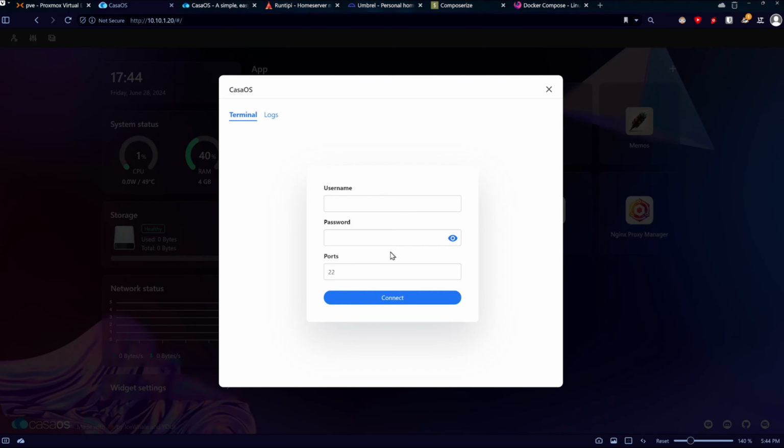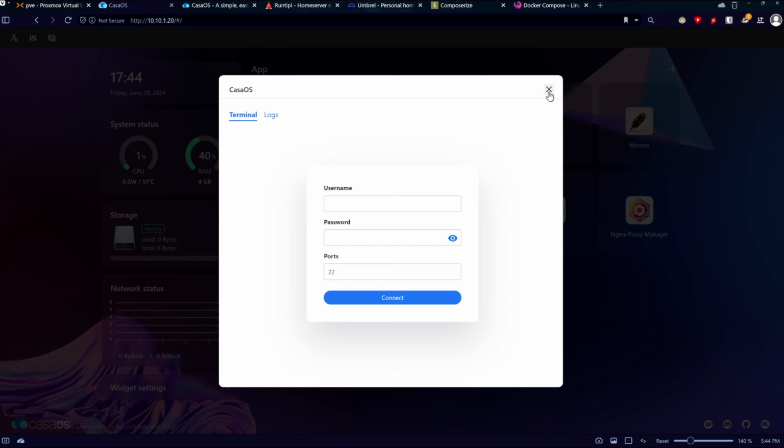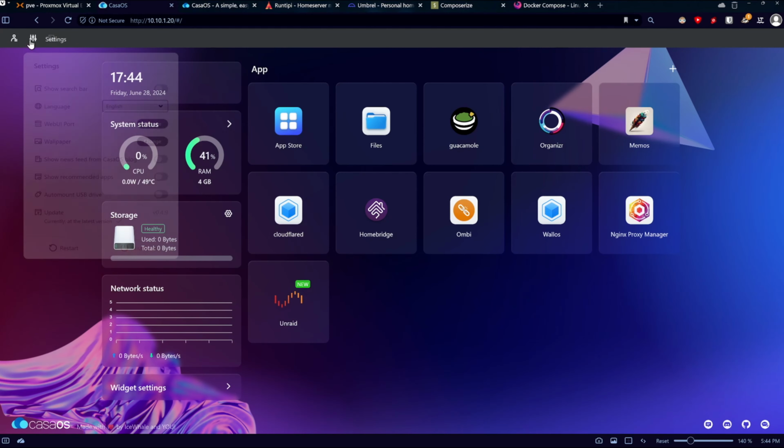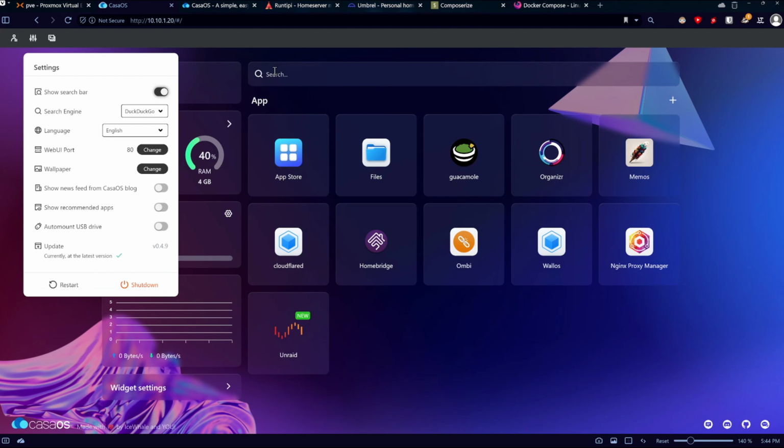So yeah, as a run-around, guys, as you can see here, we do have a terminal where you can log in, and you can also see multiple other things such as logs. You can also change your username from there. You can change your theme, and well, by theme it's mostly just the wallpaper. You can change the port, set the language, you can add a search bar at the top, which I don't like, and also you can do your updates from here